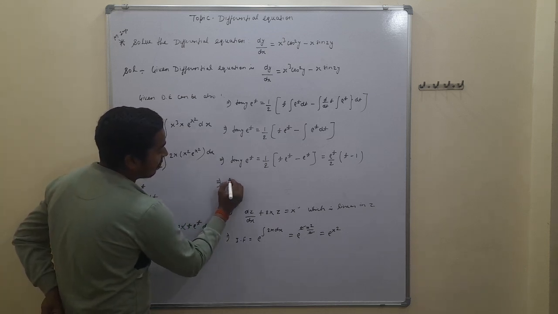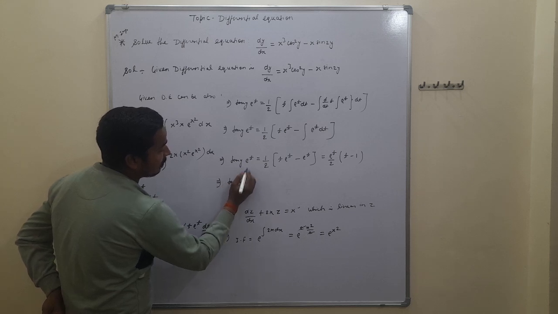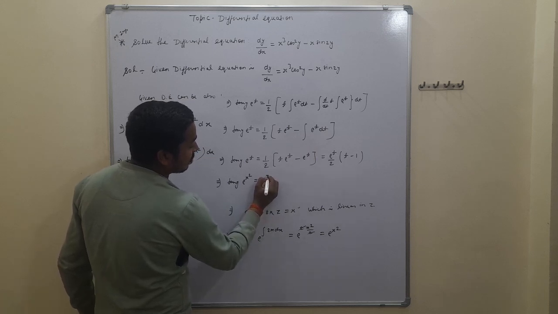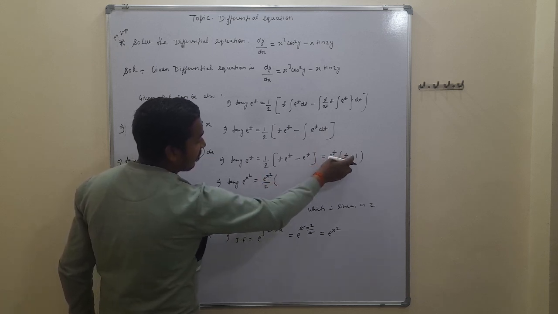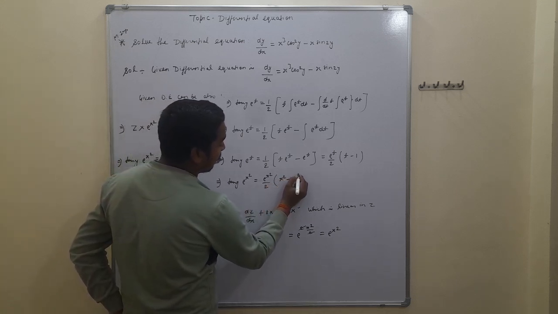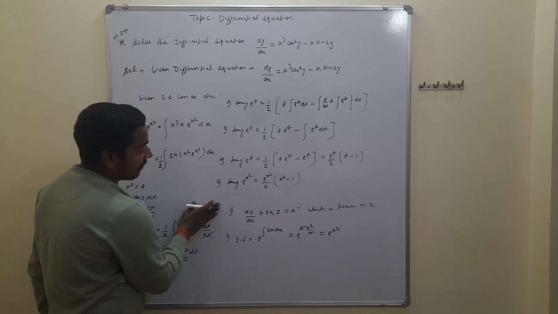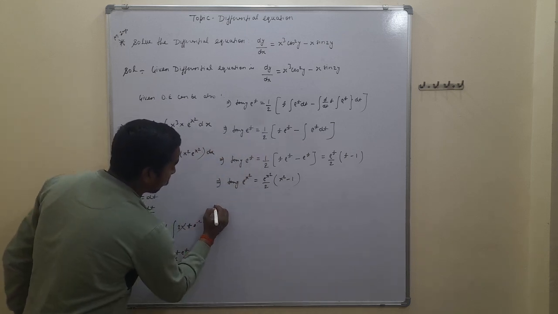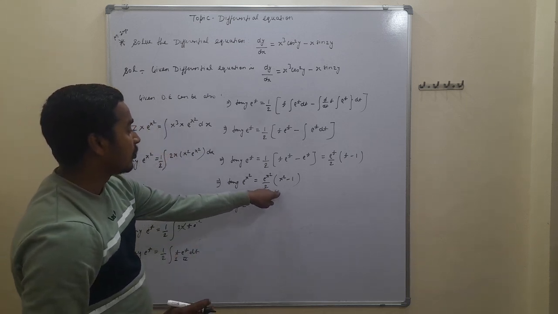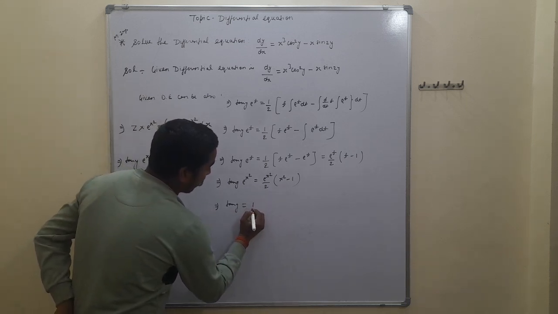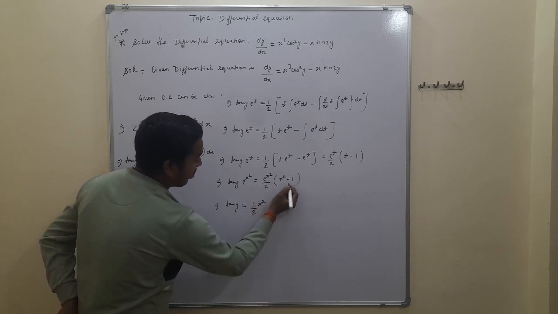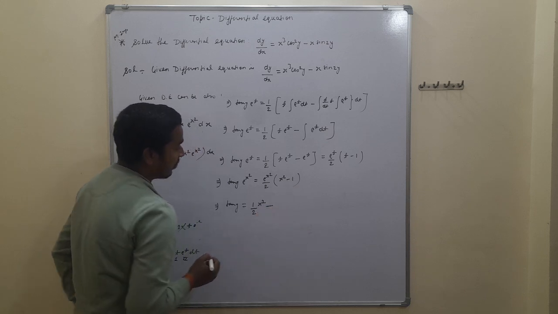This is given by 10y, and e to the power of x square is equal to e to the power x square upon 2 into, here we let t equal to x square, so we put x square minus 1. Further we can also solve: 10y is equal to e to the power of x square taken to the denominator, this gives 1 by 2, I'm multiplying with x square, and minus once again